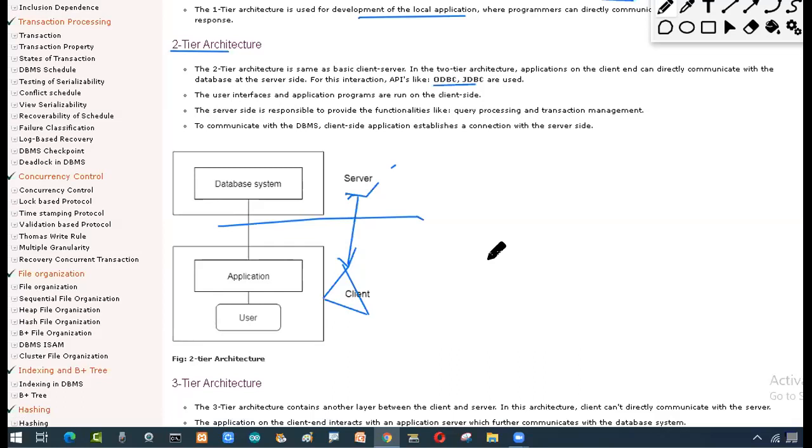In order to translate between the two people, I need one translator. Is it right? So here ODBC and JDBC are the APIs which interact and translate between the application's GUI and the database. They work like a language translator. So we are going to use the ODBC drivers and JDBC.